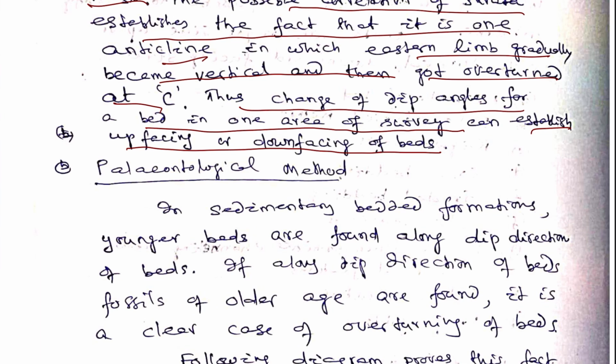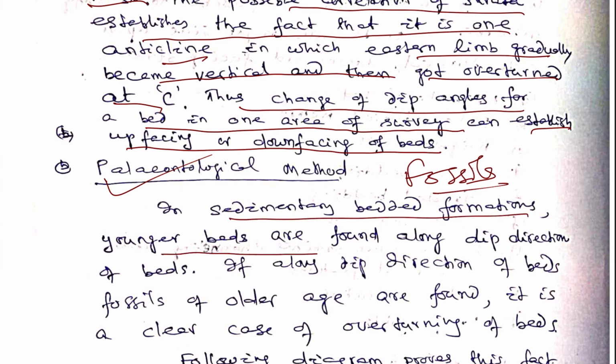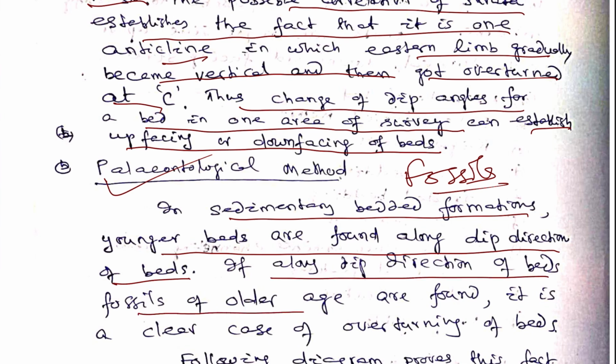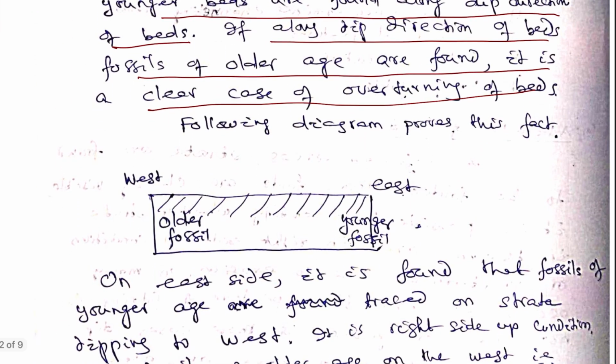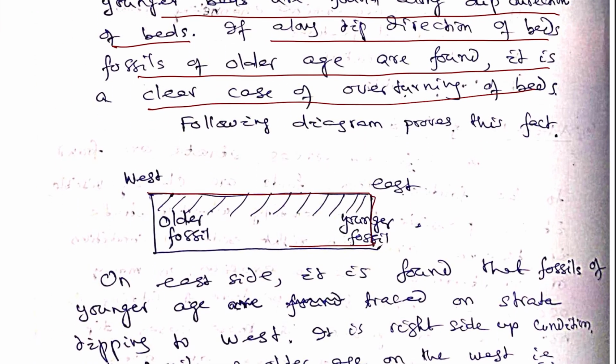Similarly, by making use of the fossils through a paleontological method, it is possible to say the direction in which the beds are young and the direction in which the beds are older. The normal process is that the younger beds are always found in the dip direction of beds. If along the dip direction of beds fossils of older age are found, it is a clear case of overturning of beds. So if you look at this diagram,